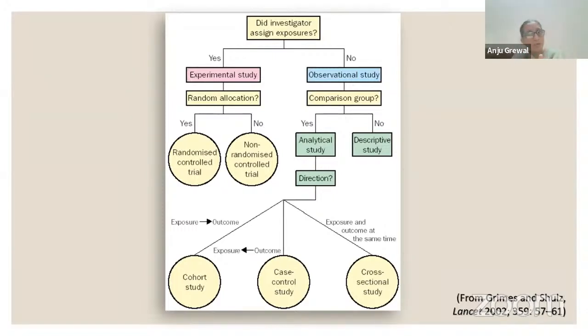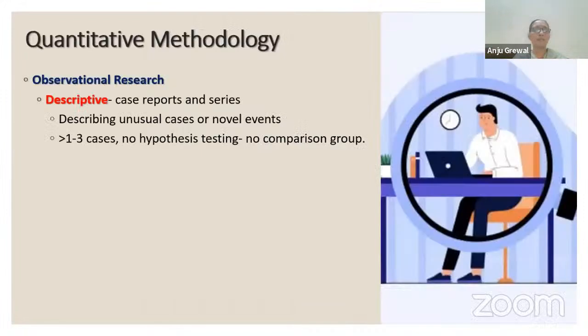So you have an outcome, but you want to find out if this outcome has some kind of association with the exposure. Now you go retrospectively back. That is what is known as a case control study. And then, of course, if I further do not have time, I just want to look at the exposure and the outcome at the same time. It's kind of a snapshot. I just want to look at the prevalence. That is where a cross-sectional study would come in. So you will first have to understand your research question and then fit it into these parts of this algorithm and decide what kind of study design it best goes with.